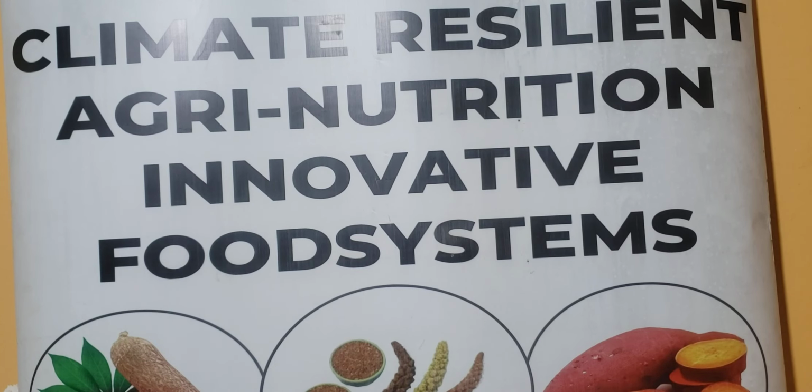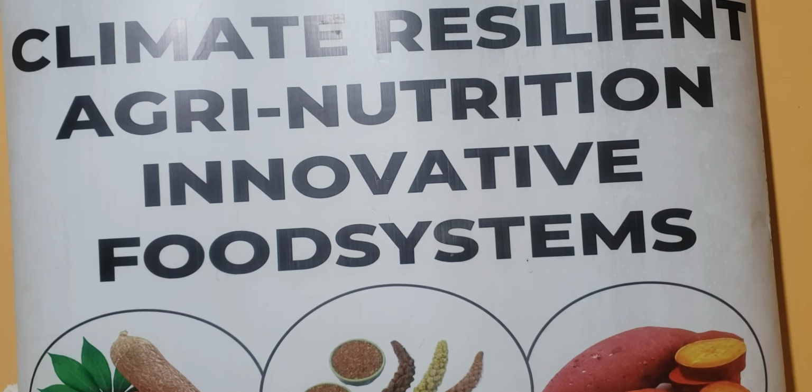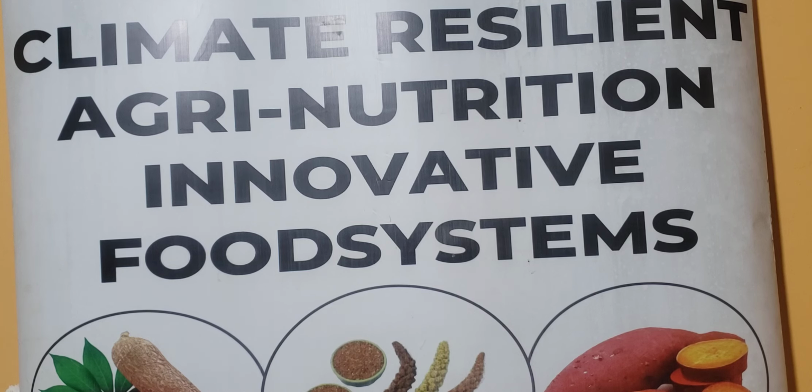Hello, today we come to you with another African forgotten food series, and the food is sorghum. Sorghum, scientific name Sorghum bicolor, is a genus of 25 species of flowering plants in the grass family called